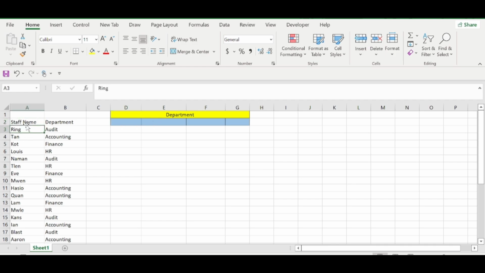You can see from our data here, it shows that Ring, which is a staff name, is in audit, Tan is in accounting, Court is in finance. So from this data here, I won't be able to tell how many staff we have in finance, how many staff do we have in audit, how many staff do we have in HR. In fact, I won't be able to identify how many departments have been captured